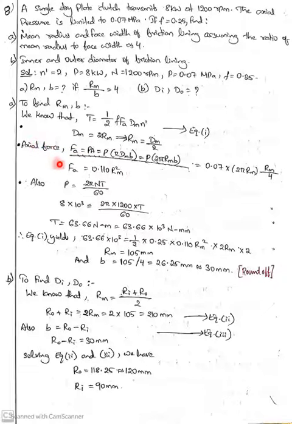Axial force, we know, is pressure into area. What is the area? Pi into dm into b. Face width also we have to consider. Similarly, d is 2r, so it will become 2 pi Rm into b. Clear? Now, Rm by b he has given, that is, b is nothing but Rm by 4. We will get it in terms of Rm square.